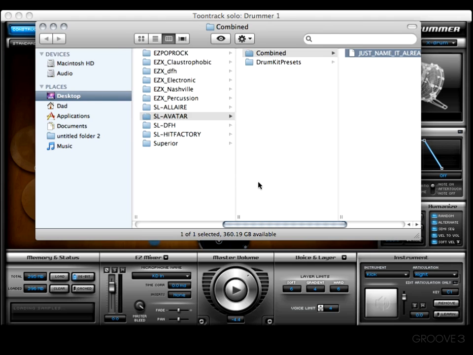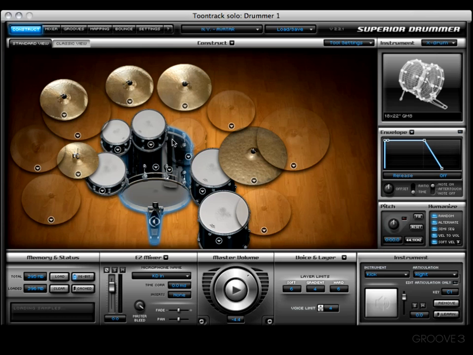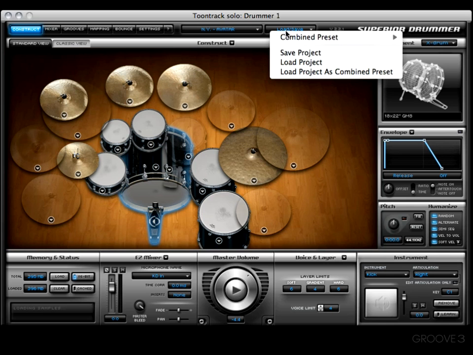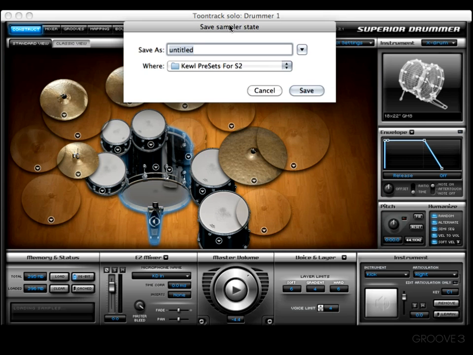And this is how you would go ahead and manage all those folders and settings should you decide to rename it or move it or whatever. Let's say, for example, you got a buddy over in Wisconsin or over in Germany somewhere that wants to use your preset. How do you do it? Well, you could sit there and explain every little piece in detail to them, or you could go ahead and come back up here to the Load Save menu, come down to Save Project, and then you'll be greeted with